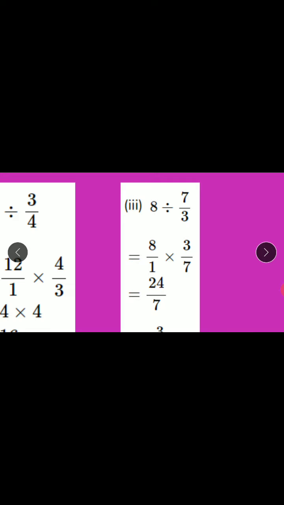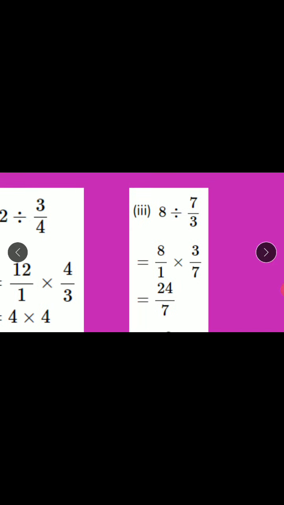So the next number only I took up. I said the word smallest factor, 1 is there, except that we will be taking usually other than 1. So 3, it is in numerator, and just check the denominator, is there any number coming which is divisible by 3? No. The next number 7, it is in denominator, and check the numerator whether any number coming is divisible by 7. Even 8 also if you check, no. So there is no numerator and denominator which is divisible by a common factor. That is, the short method is not possible. So let's go to the next step.